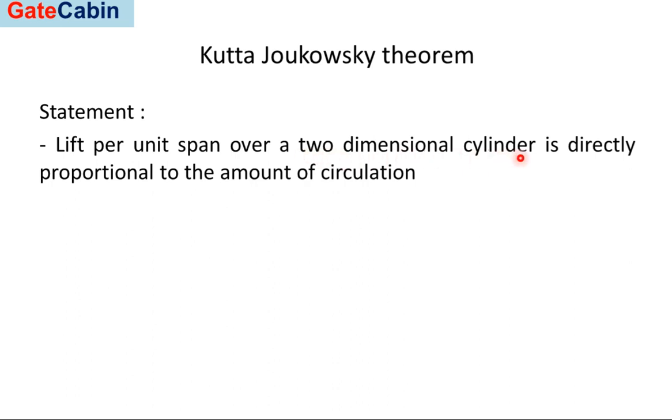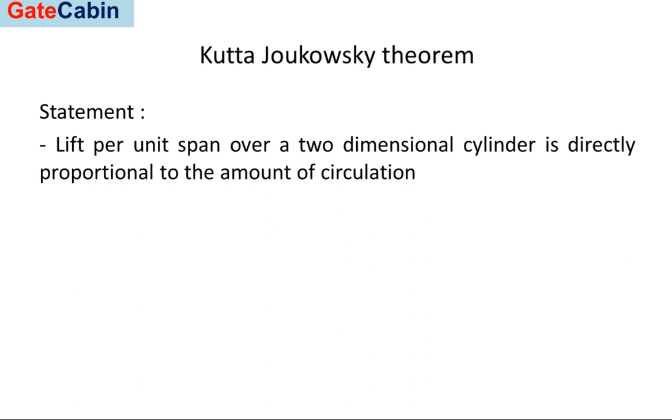Two-dimensional basically means any object which has no end. It is extending from infinity to infinity, and in the previous class we have seen how this can be achieved or attained in real life when we are actually working inside laboratory conditions. So it simply says that lift per unit span is proportional to the amount of circulation, right? So lift can be calculated from the value of circulation, which is very important for the aerodynamic performance of the